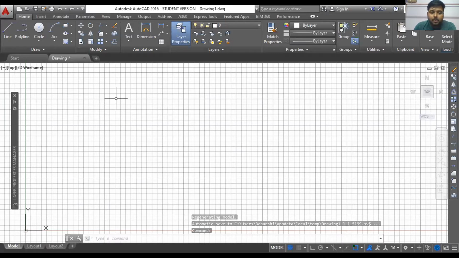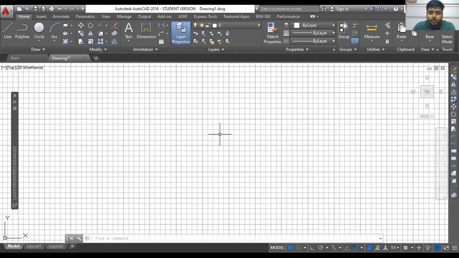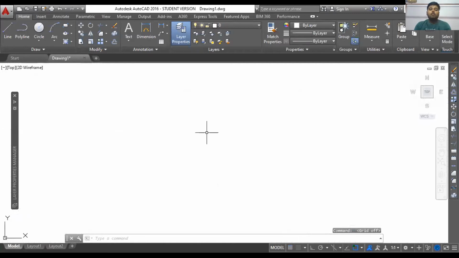You can keep it on the left side and start drafting on the right side. That's because we are all right-handed and we have a tendency to go from left to right. So you can use the grid to get some references from the conceptual plan, or else you can simply switch off this grid. Now a very basic thing: many of you who are already using AutoCAD might be comfortable with using a dark screen, right?